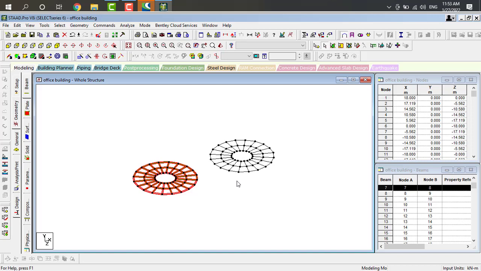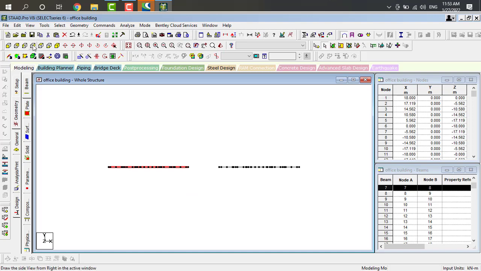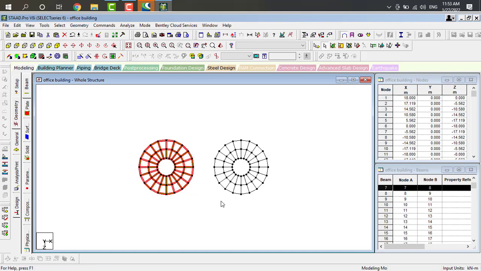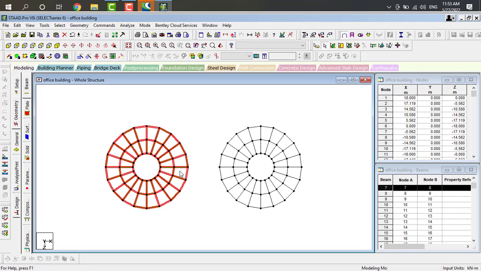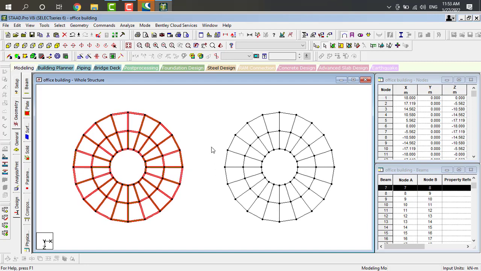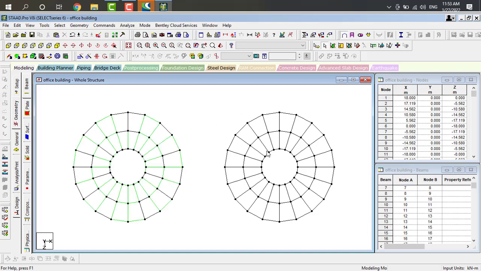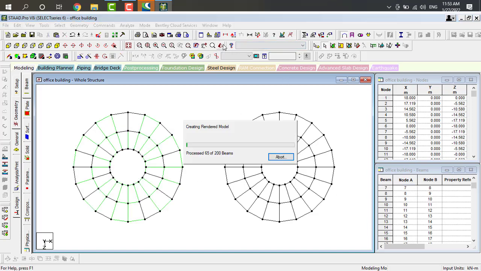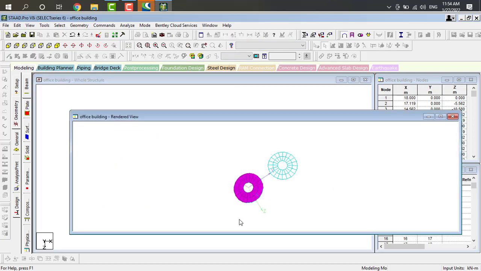Just click on enter. Okay. Just take it in 3D view and remove this. Again we have to observe this in 3D rendering view. Okay, plates are also copied.